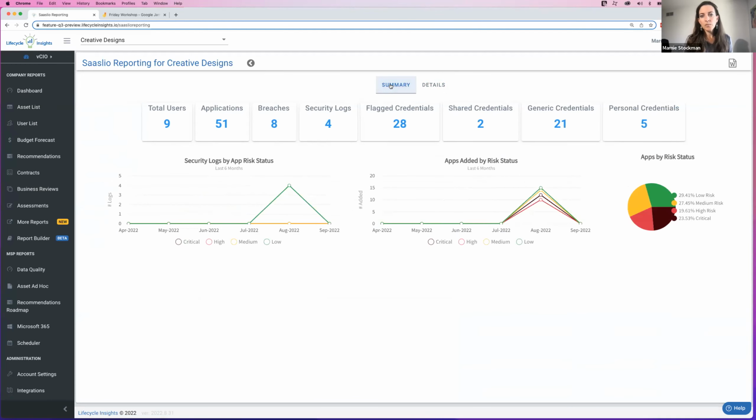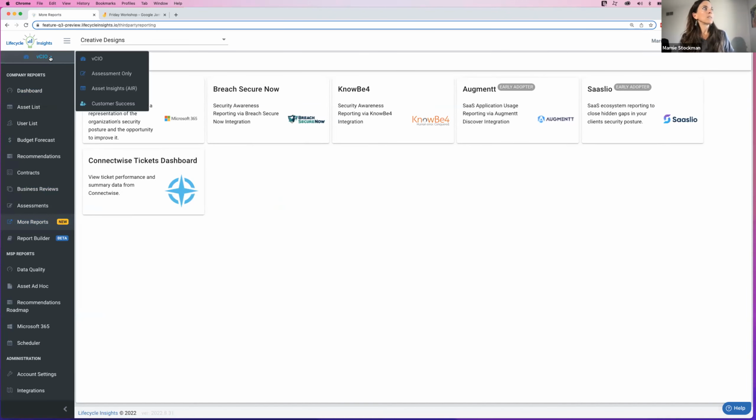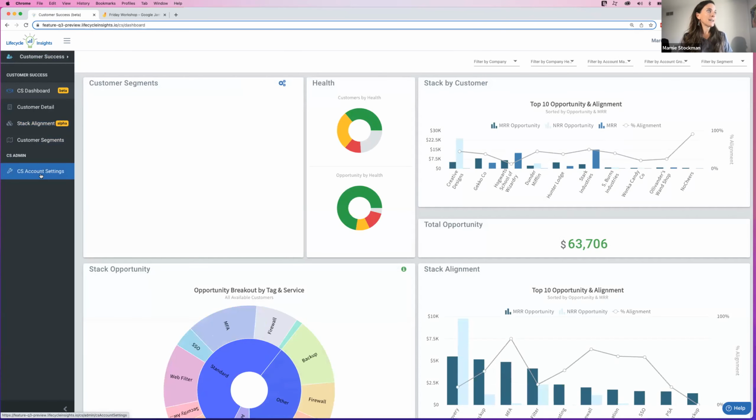We also, maybe the end of next week, if not the following week, will have Smileback as a CSAT automation into the customer success side of the house. We will also have it as a report in more reports. So that is coming on its way too. Lastly, if you are in customer success, when you are building a stack,